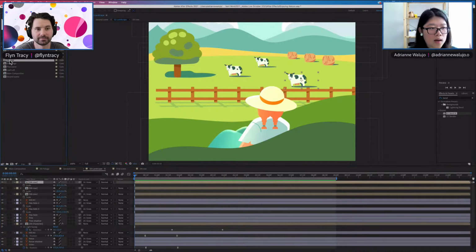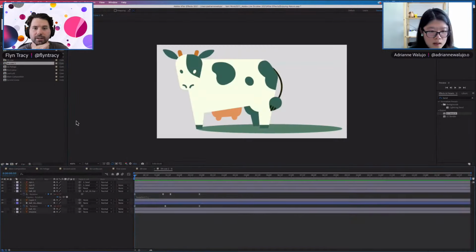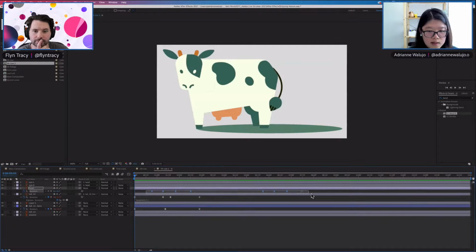If you want to unlink them and have a variation of the two, you duplicate them and it will have a number, they number it for you. So this is a second variation of the count. It can be as simple as moving the head movement or staggering the time.